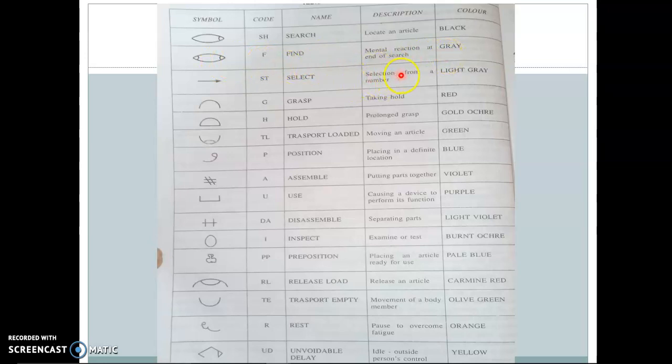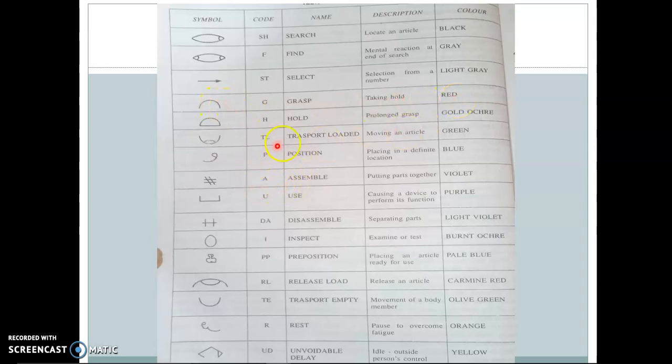Now if we want to select from many, or selection from a number, then we can use this horizontal arrow with its abbreviation ST. Now if we want to take hold of or grasp one object, we use the code capital G, and the symbol is a reversed U and its color is red.